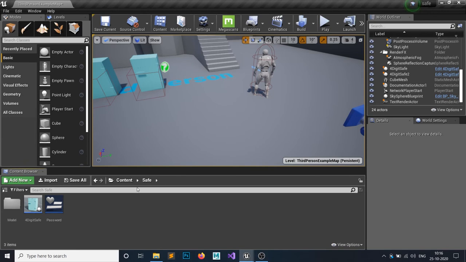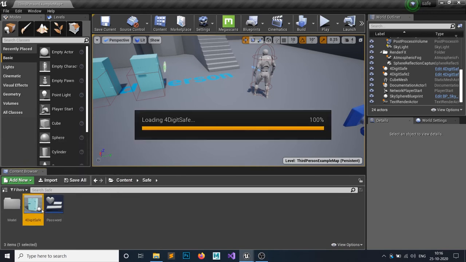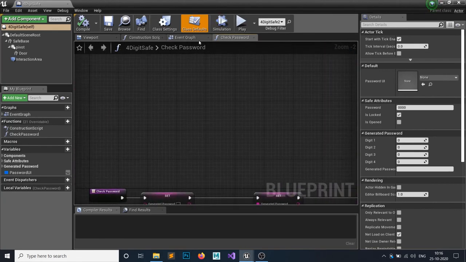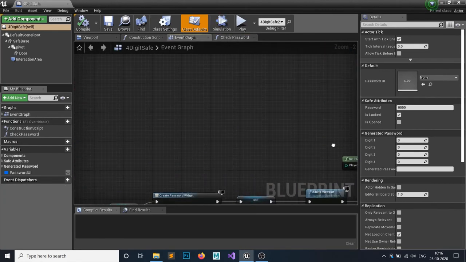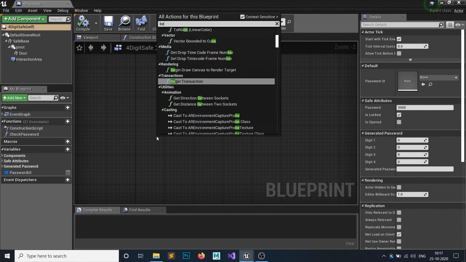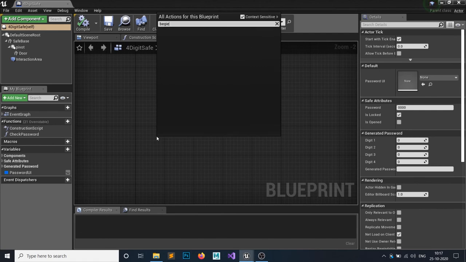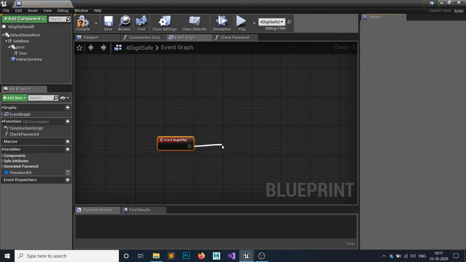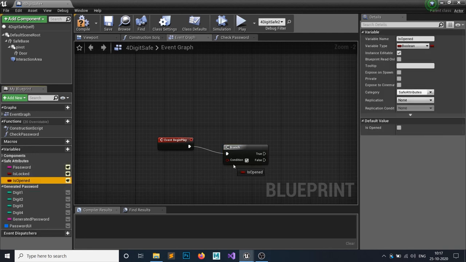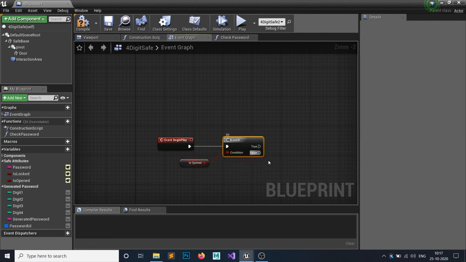Also, now for the best part. So on the event graph, if our chest is already open, then we don't want to do it. So just hit the begin play. So we want to check, hit branch. We want to check if our chest is already opened or not. So if it's open,